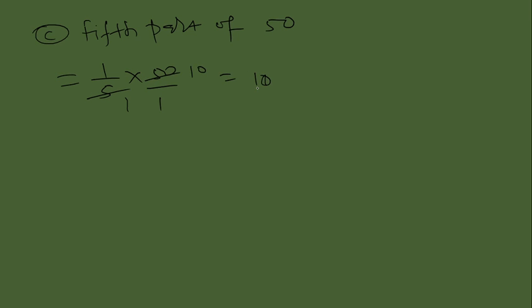Answer is 10. So in this way you can find it. Suppose I have to find the 1 by 3rd of 75. So how do I find it? 1 by 3rd, instead of writing 'of', right here multiplication sign. 75 divided by 1. 3 1s are 3, 3 2s are 6. 1 remains here, carry 1. 3 5s are 15. Right here 25. Answer is 25.